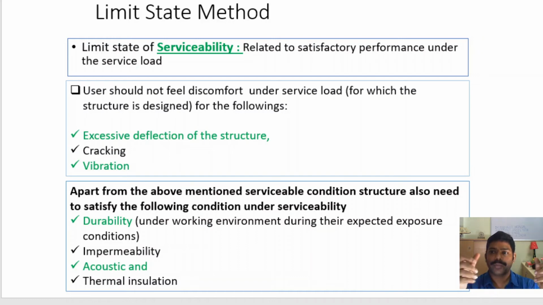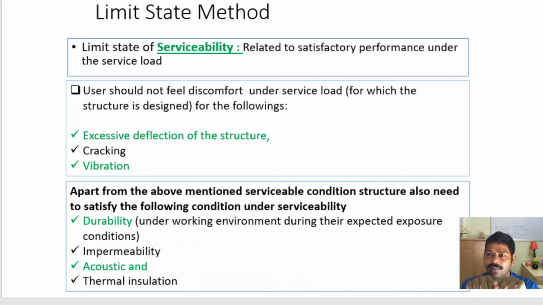Suppose at a toll plaza you have constructed a building, so there are two columns on the side of the road, and at the top of those columns you have made one floor, and the two columns are connected by a tie beam below the road. What happens when vehicles, trucks or heavy vehicles go over it? The tie beam goes down.